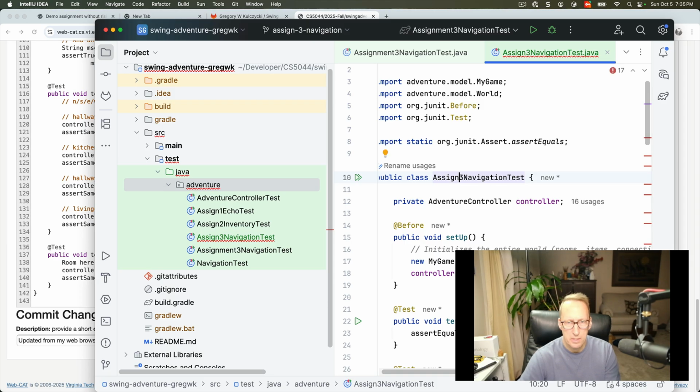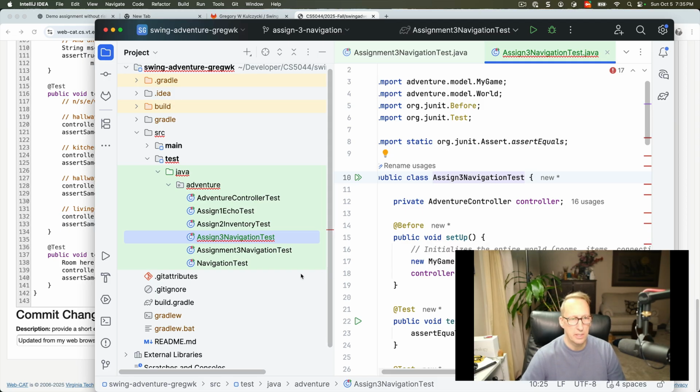So I want this to be Assign3 navigation test. And now Assign3 navigation test, and it is consistent with this name. I'm trying to figure out why this is giving me an error. Let's see. Oh, well, it's giving me an error because I've got all these errors based on get current room,